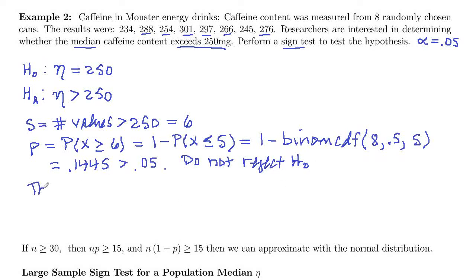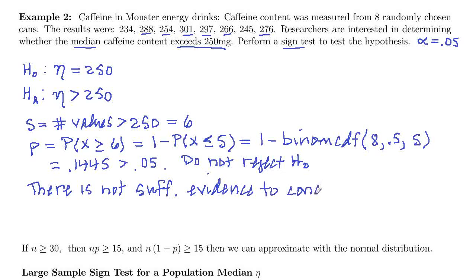So we would say then our formal statistical conclusion or formal interpretation is that there is not sufficient evidence, so not statistically significant evidence, to conclude that eta is greater than 250. So in other words, to conclude that the median caffeine content is greater than 250. So we're going to conclude that it's 250 or less. All right, so you should be able to